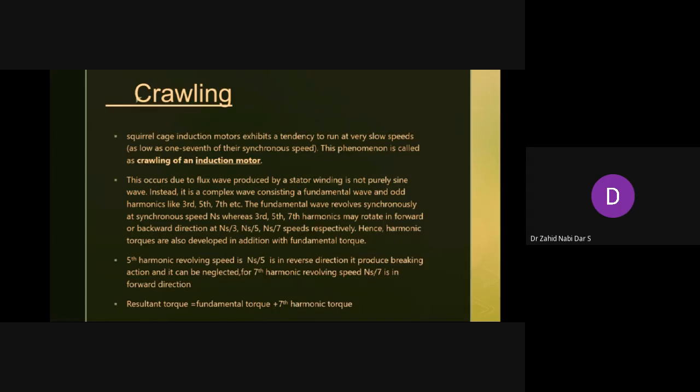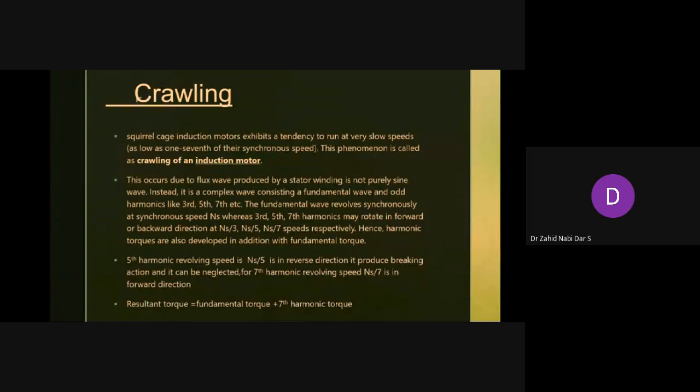In the previous semester, as we know, the three phase winding carrying a sinusoidal current produces space harmonics of the order h equal to 6k plus or minus 1. Yesterday, sir also told that 6k plus or minus 1, where k is any positive integer 1, 2, 3. 6k minus 1 is in the opposite direction. If we take the plus sign, 6k plus 1 is in the same direction. If you substitute k equal to 1, then 6k minus 1 becomes 5. The fifth harmonic is in the backward direction. It rotates at a speed of Ns by 5 in the reverse direction, and it's in the braking region.